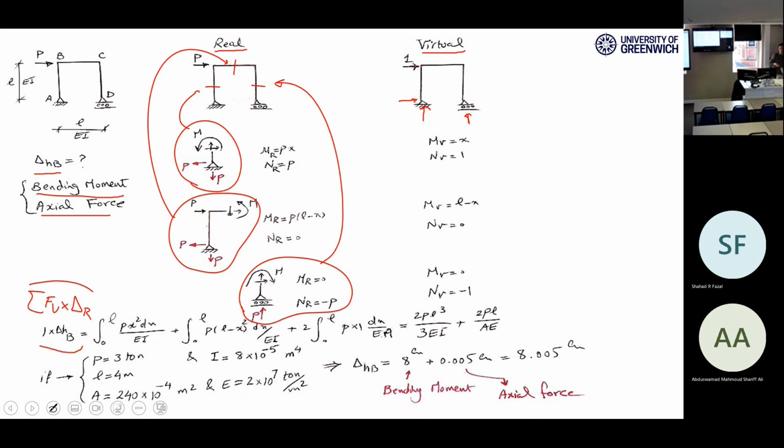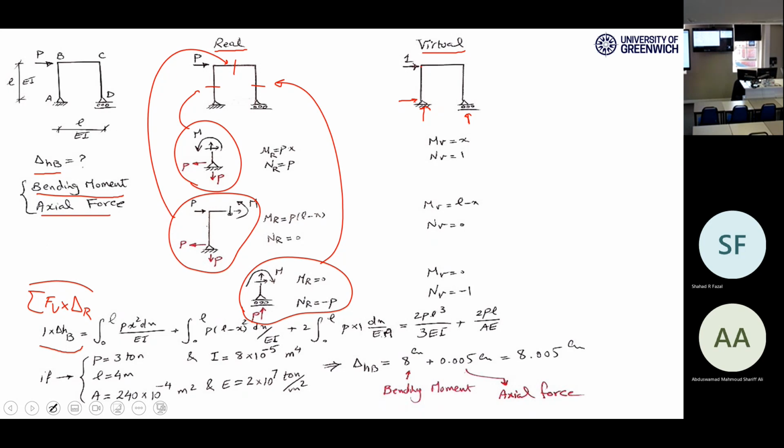It should be easy for you now to do that, because you need to write equilibrium equations to come up with the support reactions, then just cut the structure with X as a variable and come up with the internal forces, right? This should be something that you really had several examples of from the beginning.